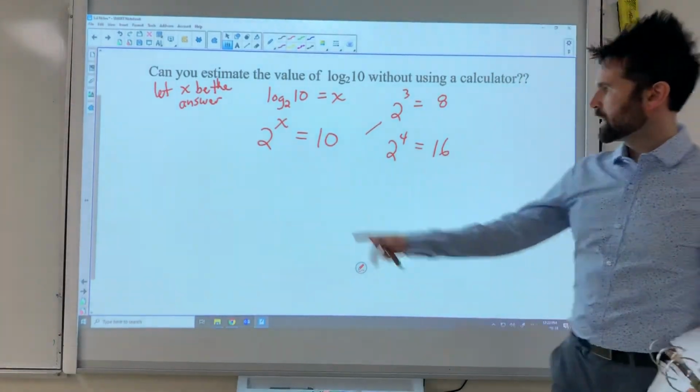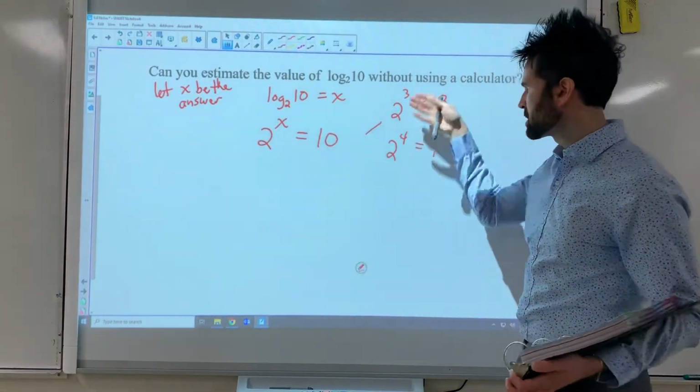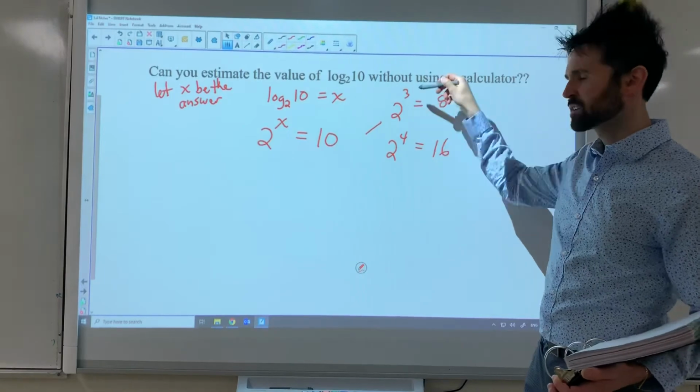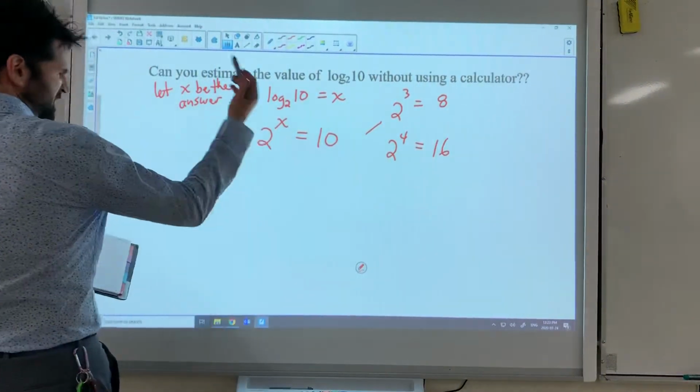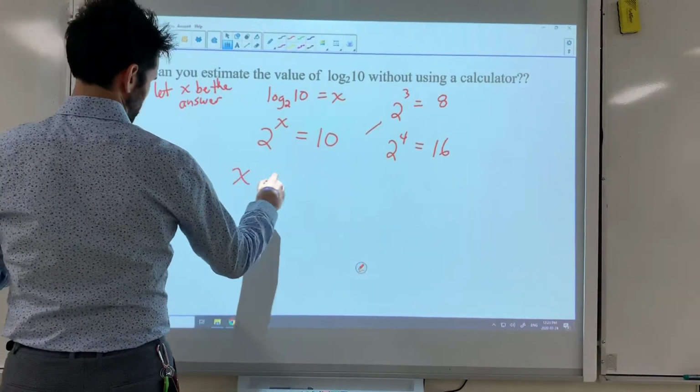Okay, so if 2 to the power of something is going to be 10, then my answer's got to be somewhere between 3 and 4. Okay, so that would be the logic. So then you just guess. x is approximately